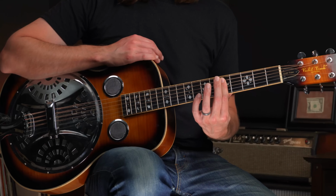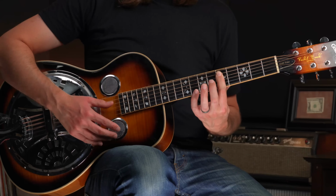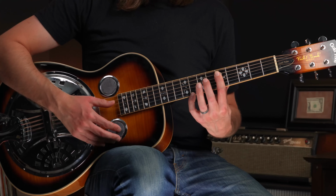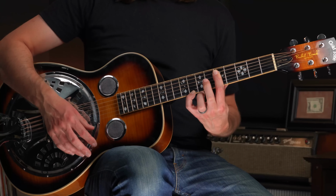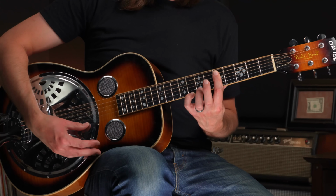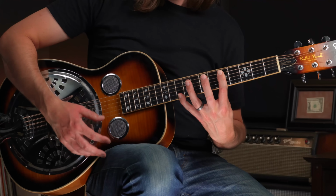We're going to bar across strings 5 all the way up to the 1st string at the 5th fret. We're going to hold that really solid, and the only other fret that we're going to use is on the 1st string, the 8th fret. We get that real cool bluesy sound right there. A cool C7 sound. There's a C major,